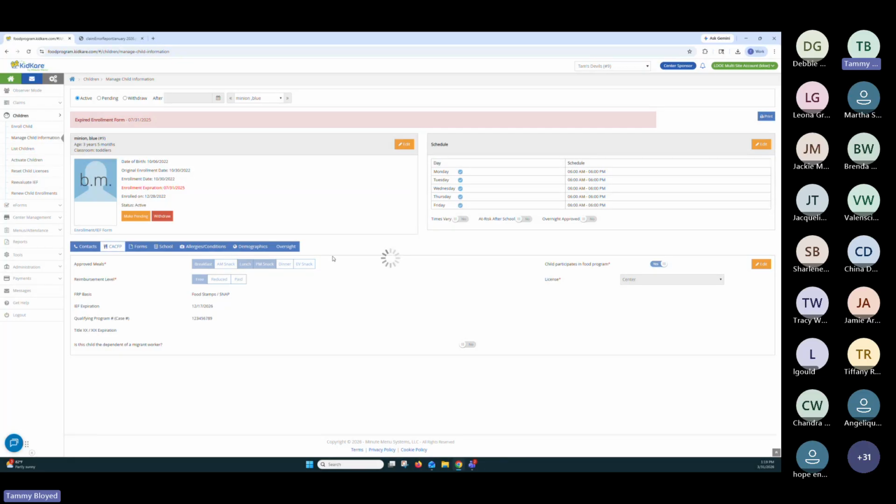This part right here, your schedule for the children and the meals selected, does not necessarily have to match that enrollment form, because mom may very well intend that he's only going to be here on Monday, Wednesday, and Friday, and he's not going to get here before 10 o'clock in the morning, so he's only available for lunch and snack. That's fine. That's what that paper enrollment form says.